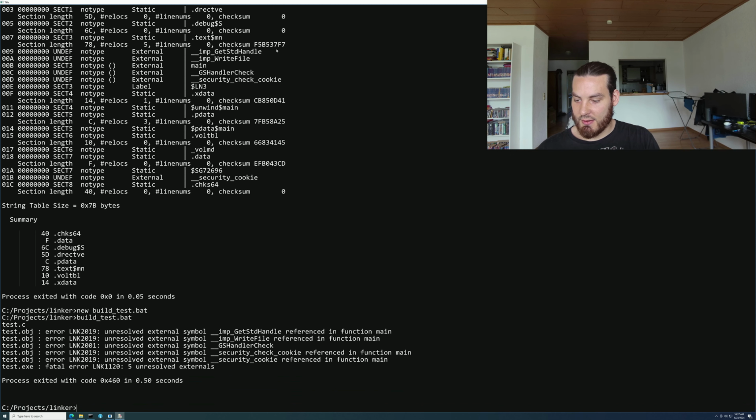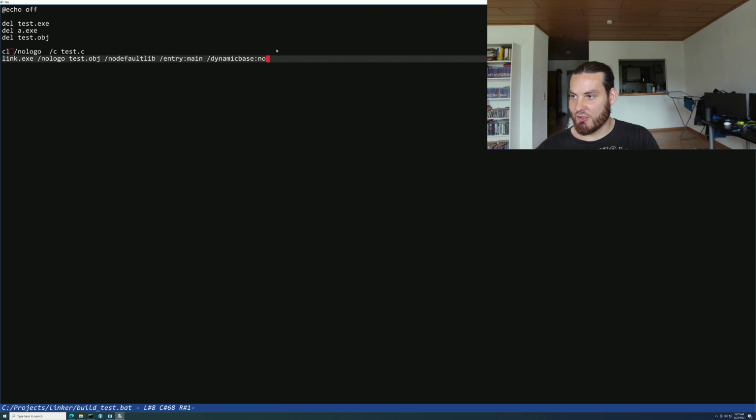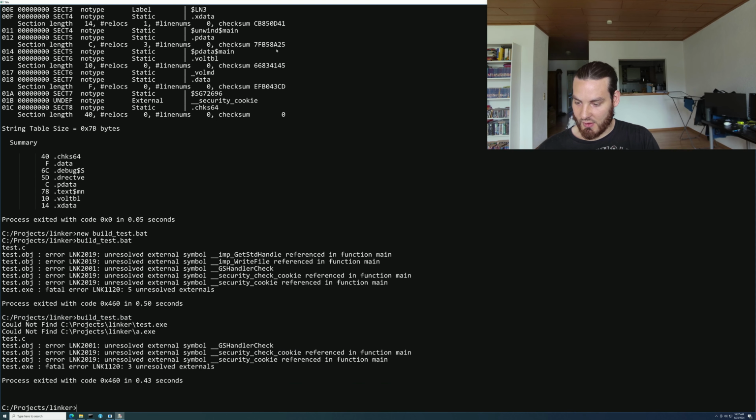And it's telling us unresolved external symbols because we did no default lib. So I think GetStdHandle and WriteFile should both be in kernel32.lib. So let's see if that's true. Would be good. Yes, and now we only have the security checks,